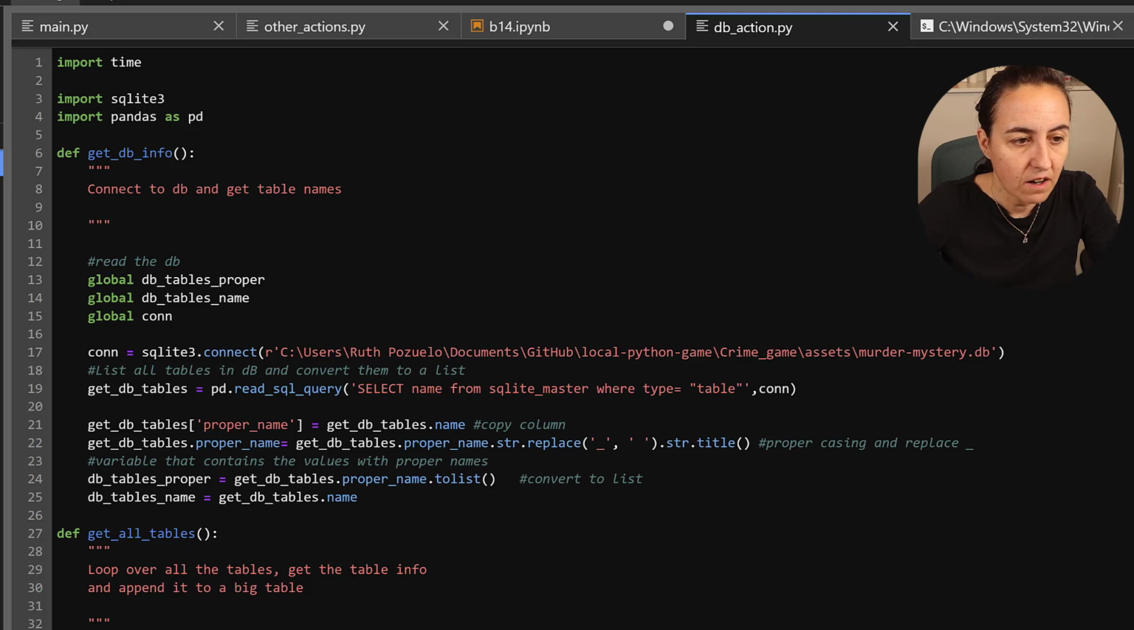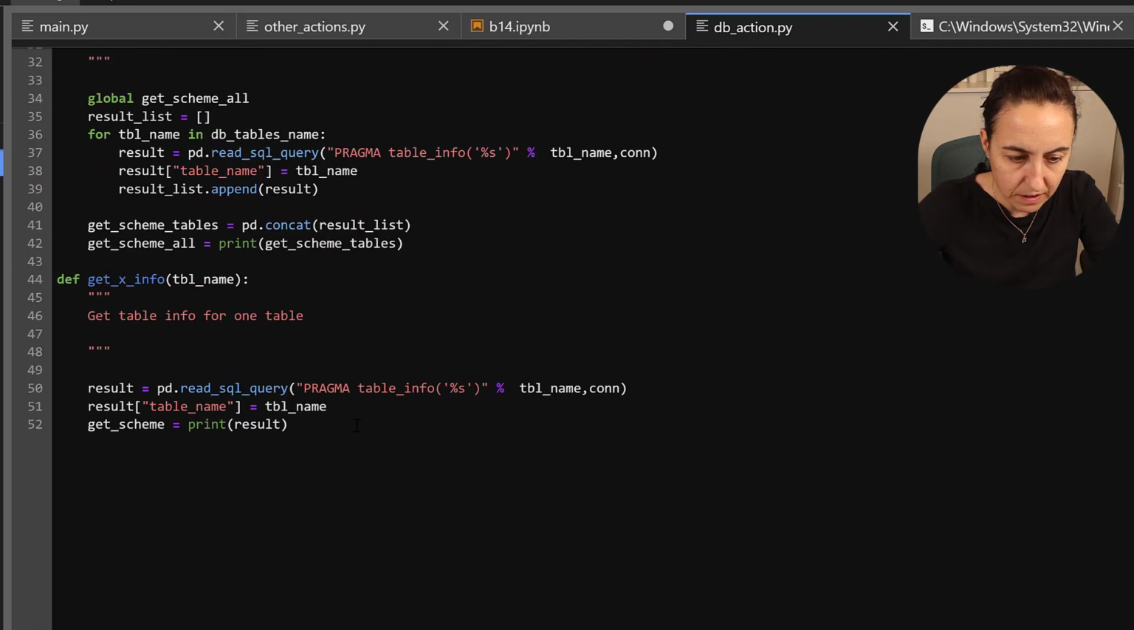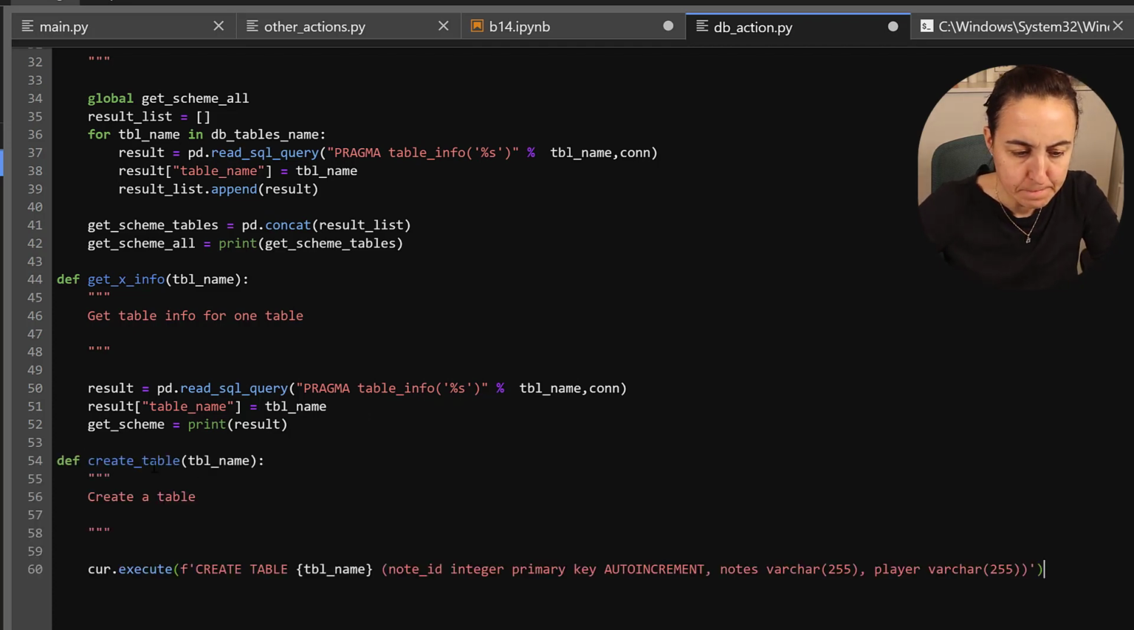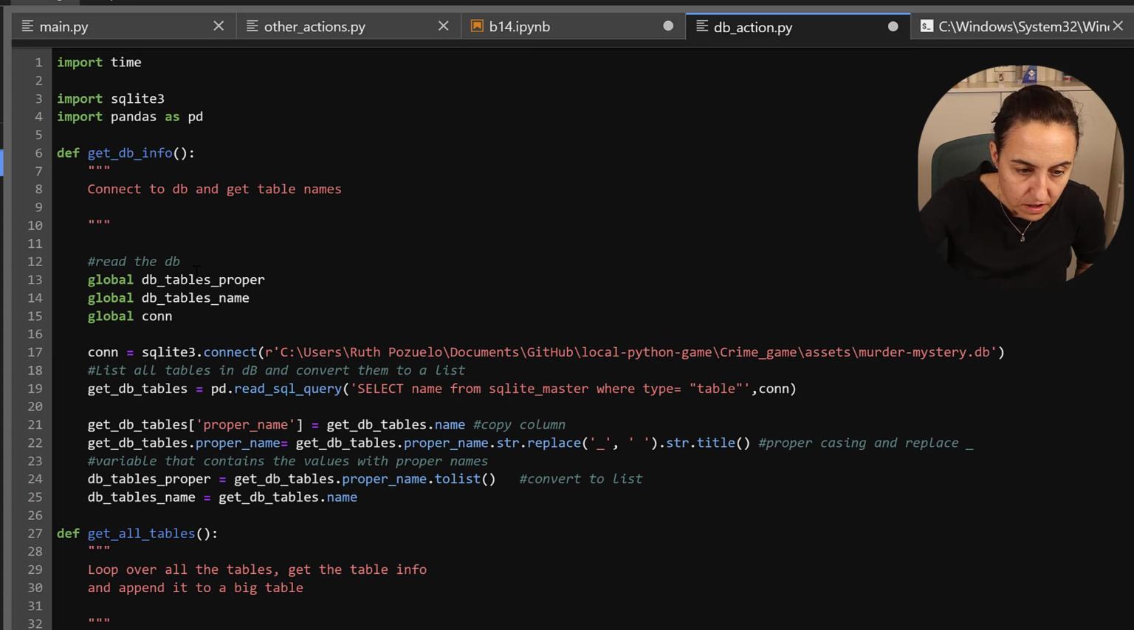And there is the way to create a database. I'm going to show you how it is done. Here we're going to add the create table. So this is how it works. It's actually quite easy. So you have execute, cursor execute. The cursor is,